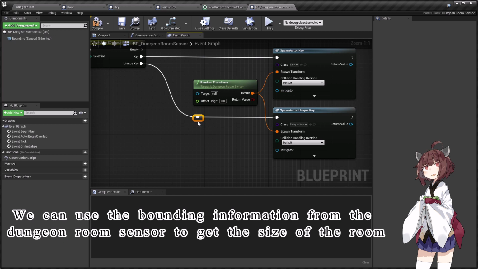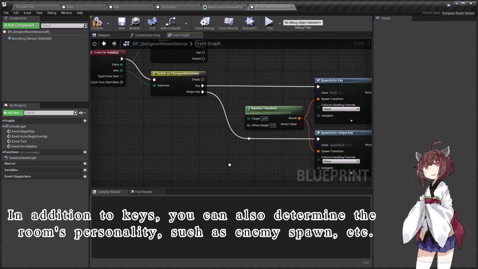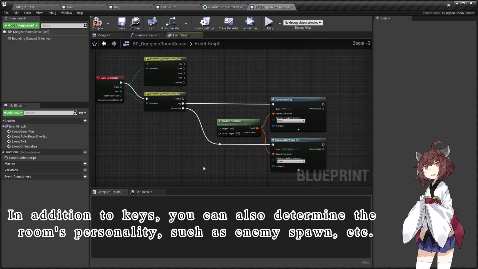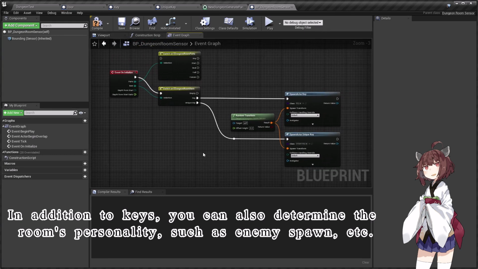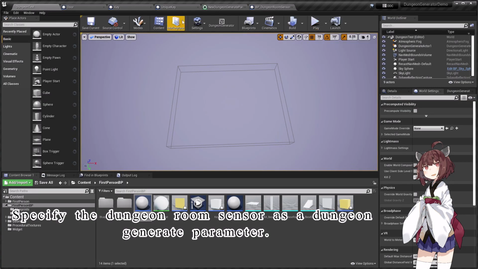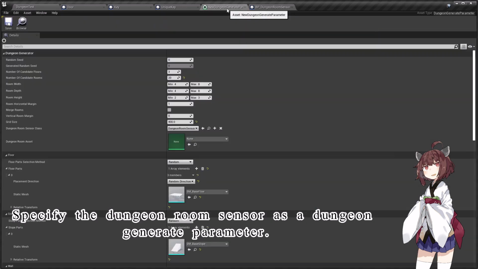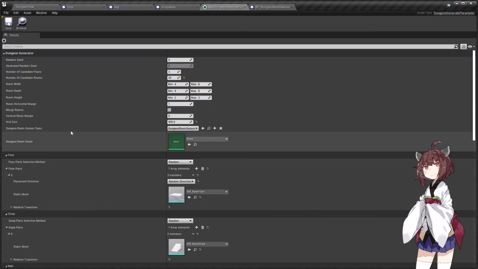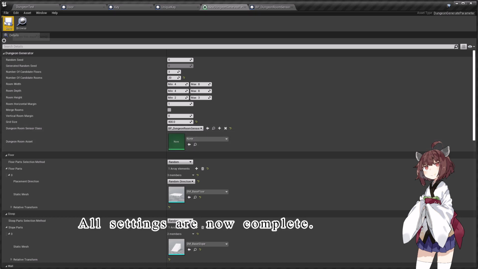We can use the bounding information from the dungeon room sensor to get the size of the room. In addition to keys, you can also determine the room's personality, such as enemy spawn, etc. Specify the dungeon room sensor as a dungeon generate parameter. All settings are now complete.